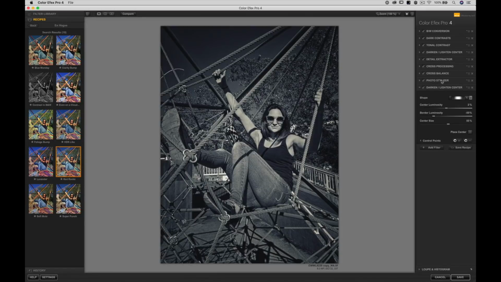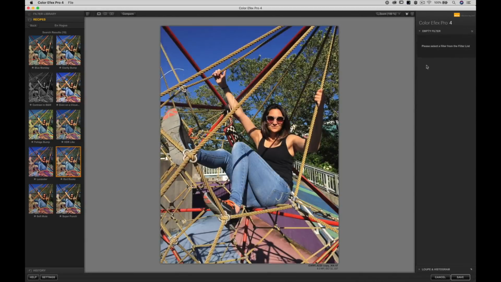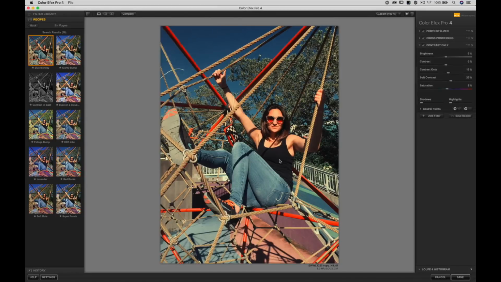And I guess to drive this home, if I were to delete all of these filters, I'm going to do that one by one just by clicking the little X button that's to the very right of each one of these filters. Just to delete each one really quickly. We're going to have the original image, right? I'm going to add two of these recipes right on top of each other. So I'm going to add Blue Monday by clicking on it. I'm going to say yes, that's what I want. And then I'm going to hold the shift button down, and I'm going to add the, I don't know, Soft Mute